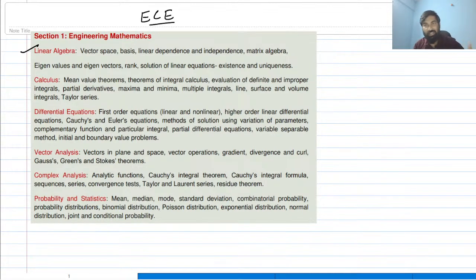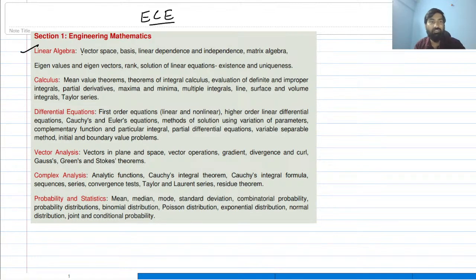So these are the syllabus. How many topics are there? One, two, three, four, five, six. Primarily today's session will be on linear algebra, and you will understand why we are talking about it, and what the main objective of discussing linear algebra is. You also have to find the intersection of these topics with your core technical subjects. Linear algebra is very important, where we will be discussing the geometrical meaning of linear algebra.